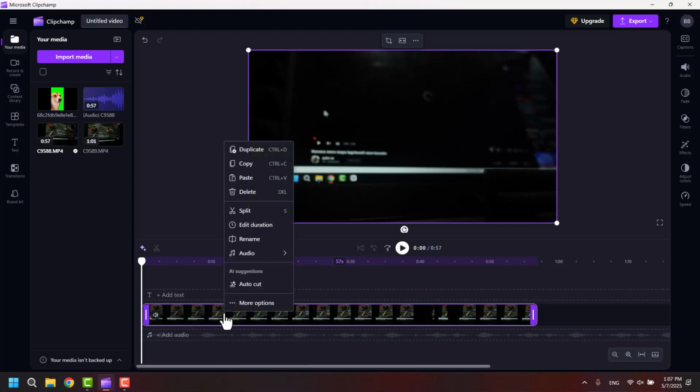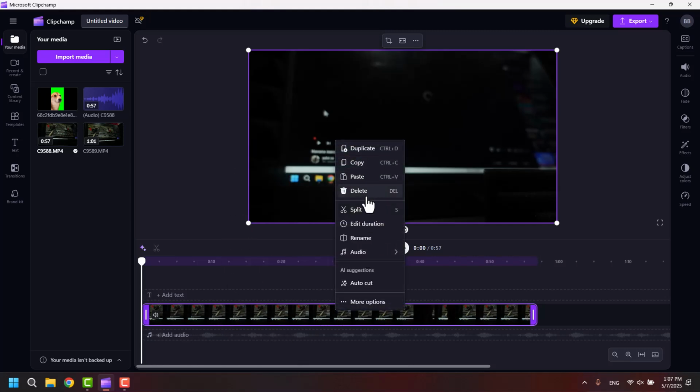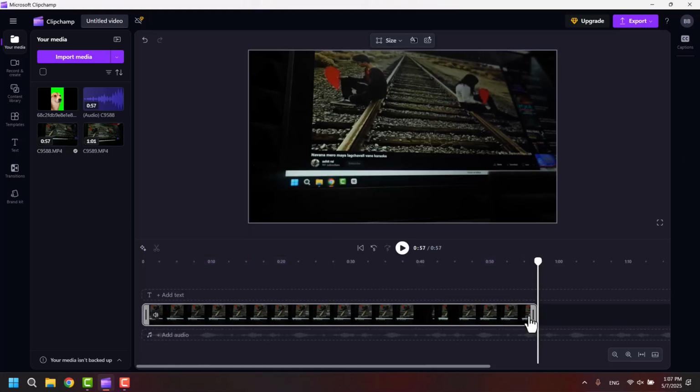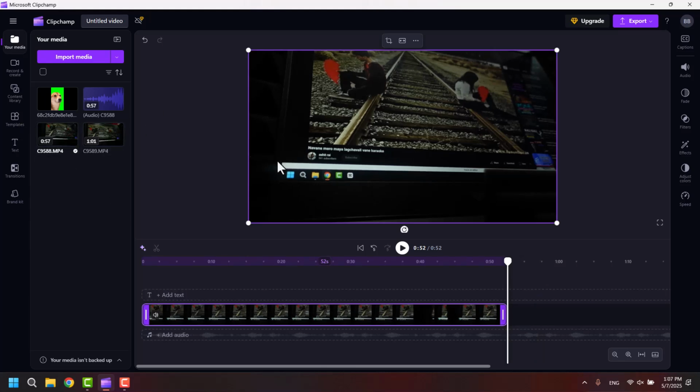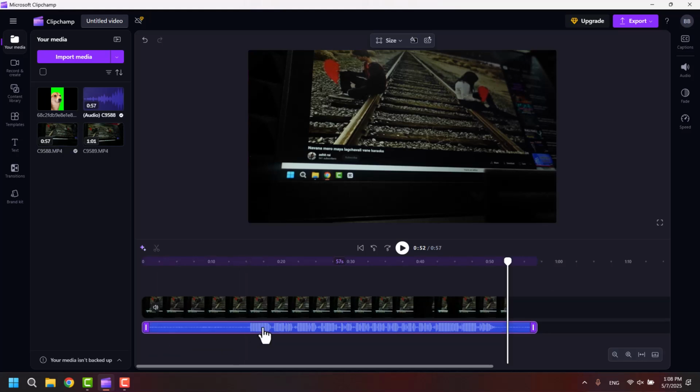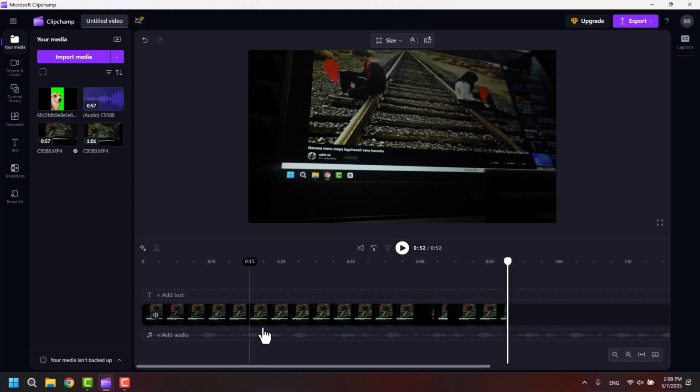Once you're on the timeline, right click on the mouse and there you will find this option here, audio, and you can go ahead and detach it and you'll get the audio. The other option is to import audio directly: tap on import media, import the audio and set it on your timeline. Now if you want to add music from within the ClipChamp servers,